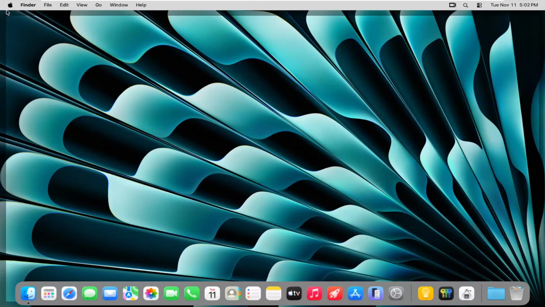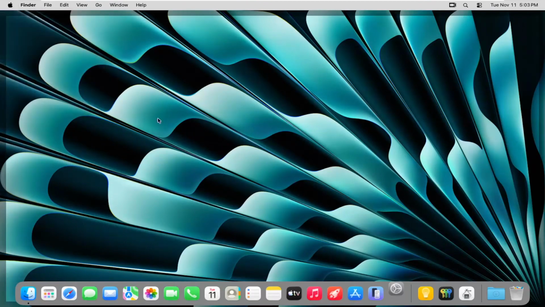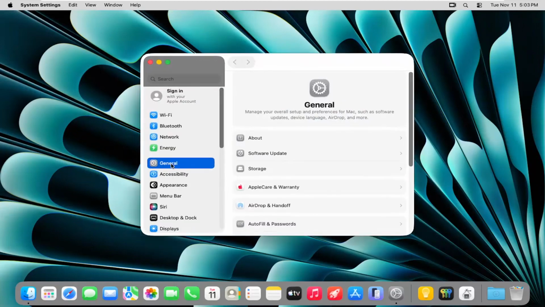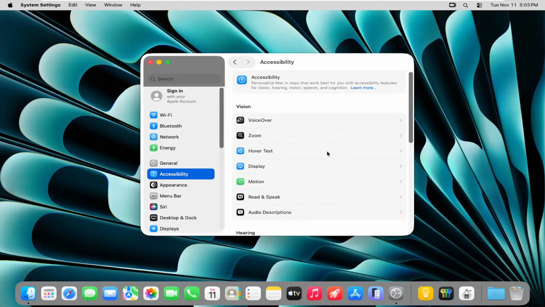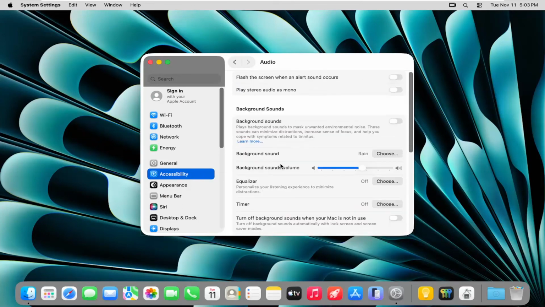So all you have to do is select your Apple icon up in the menu bar and then select System Settings. And then on the left side, select Accessibility. And then on the right side, scroll down underneath Hearing and you want to select Audio from the list, where